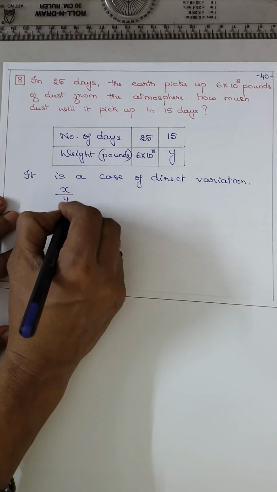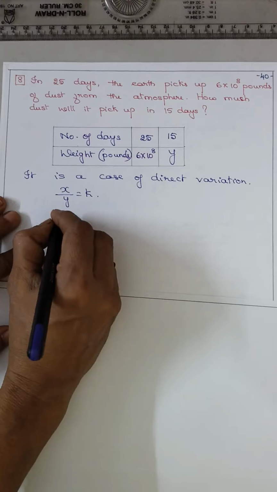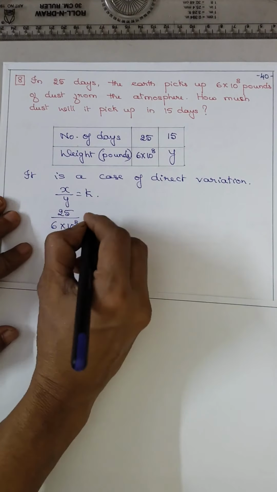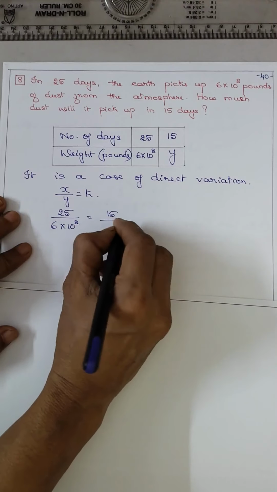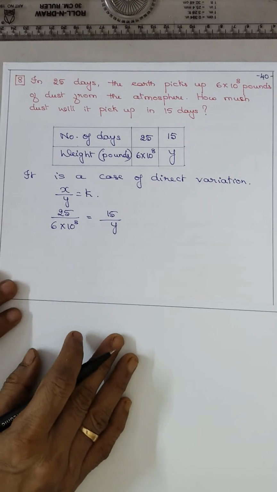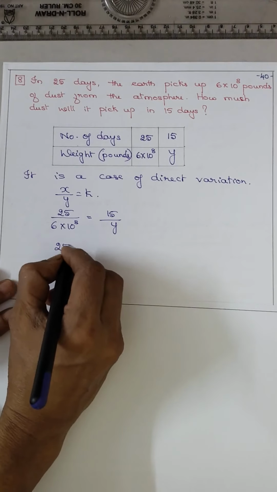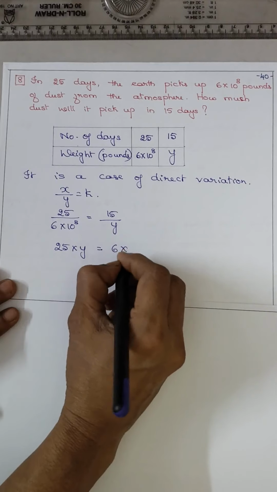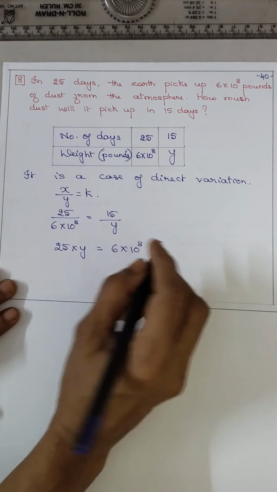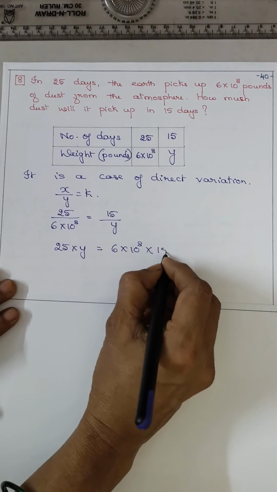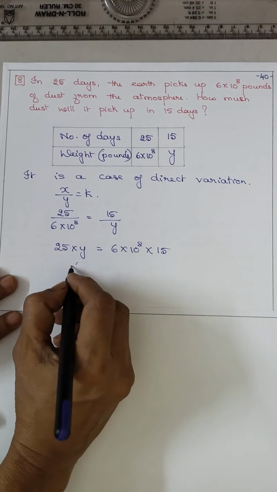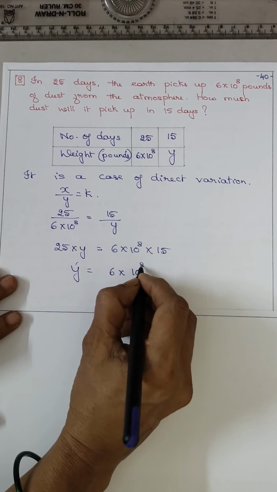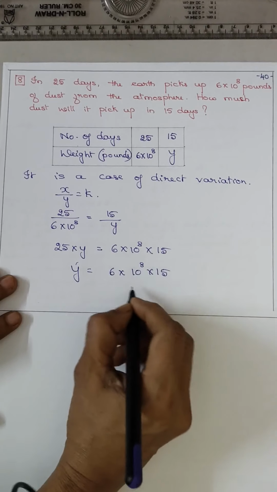X by y is equal to k, 25 by 6 into 10 to the power 8 is equal to 15 by y. Now when you cross multiply, 25 into y is equal to 6 into 10 to the power 8 into 15. Now y is equal to 6 into 10 to the power 8 into 15 upon